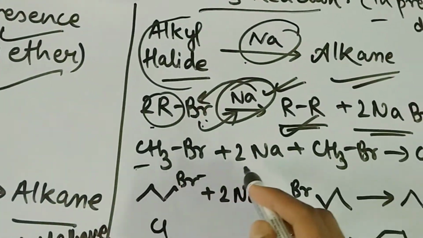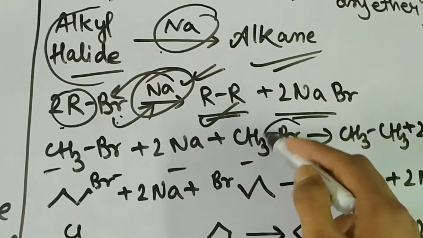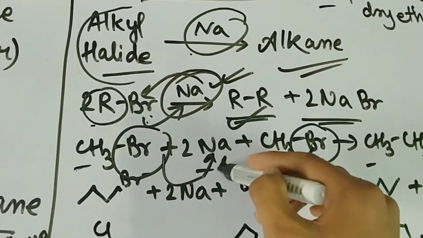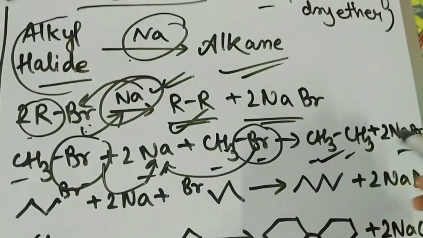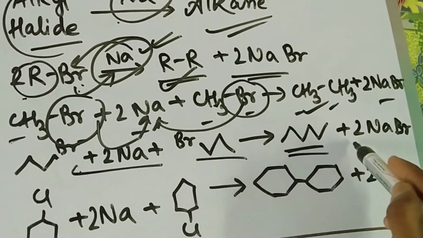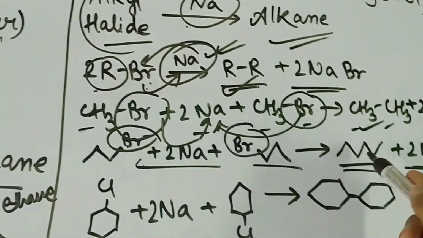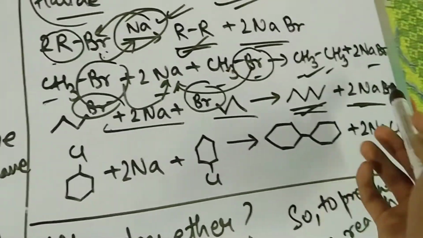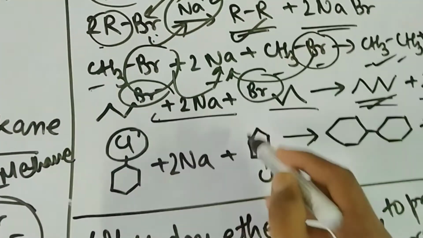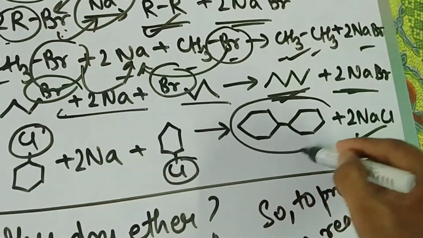So 2CH3Br plus 2Na gives the alkane and 2NaBr. Look, the 1 Br and the 2nd Br get out and get attached to Na, and the CH3 groups combine and give us the alkane. Same is here, we saw. The sodium brought out the 2 Br, and we get the alkane and the remaining product, the 2NaBr. Here again it did the same. The Na took out these 2 chlorines, and we get our alkane here.